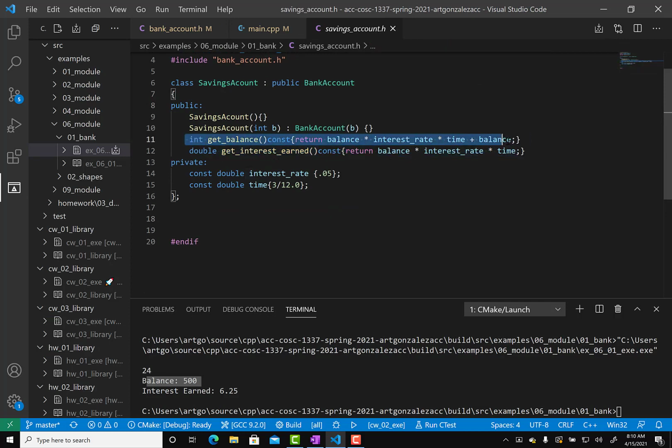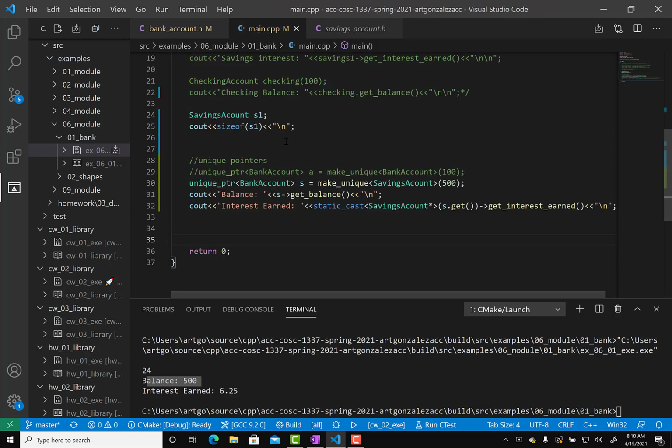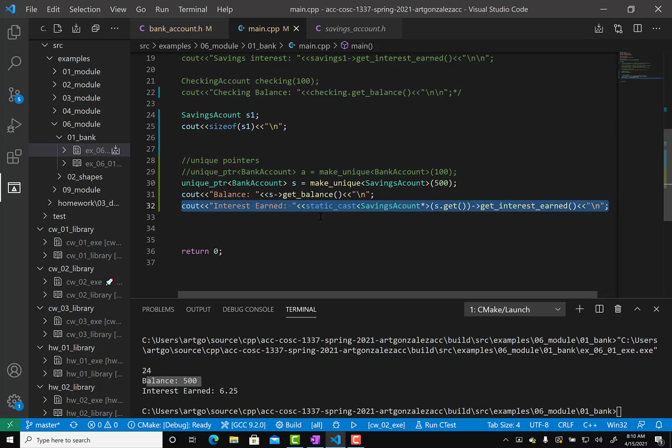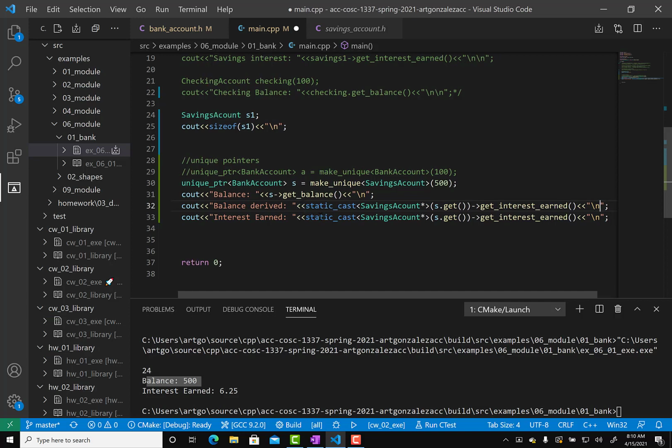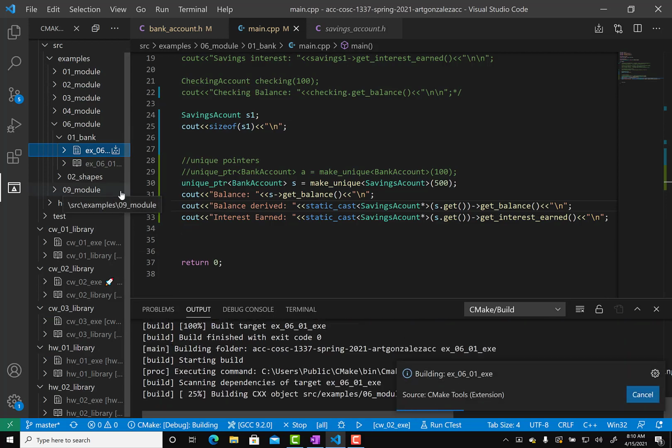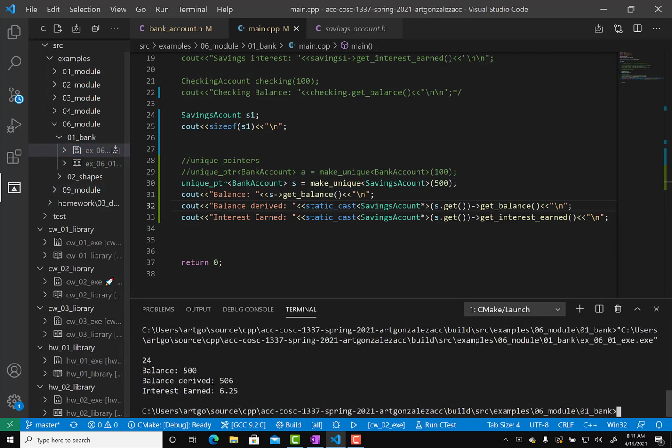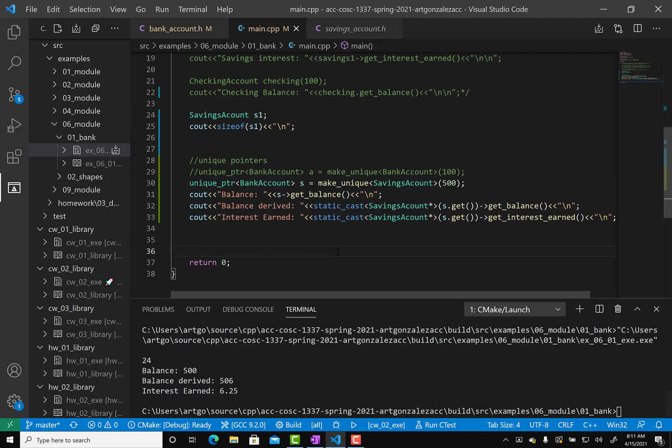We want this one to execute. We know we can do that by using the casting. So I'll put balance derived, meaning derived class, and then we just simply change this call to get balance, and let's run the program again. Notice now it is bringing back the interest earned. No decimals because we are using int in get balance, but that's fine. Okay,